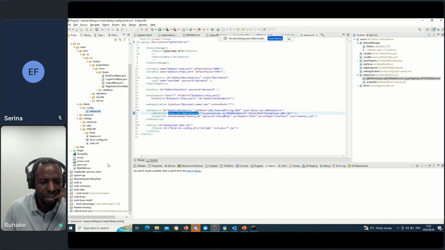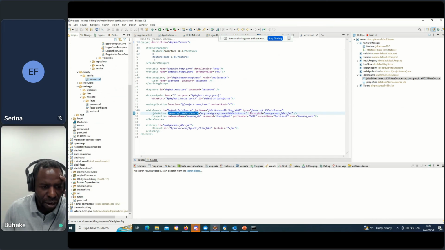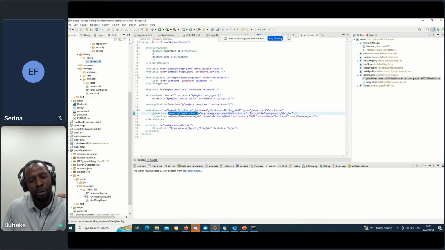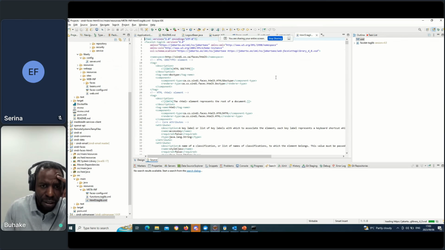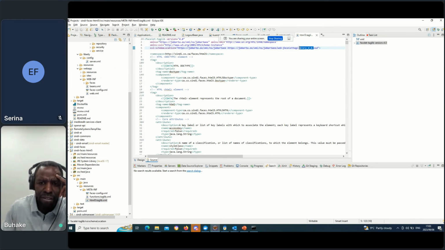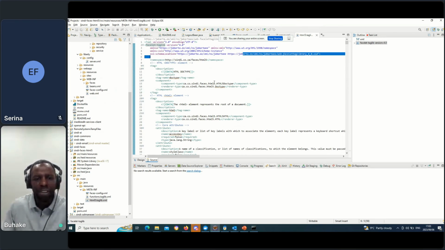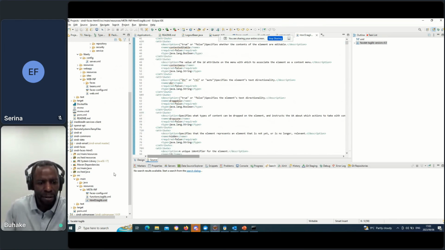These are your configuration. But the one thing I wanted to show you, this was one of the modules I wrote to move everything to, I was trying to do the whole HTML5 components, basically. And your facelet tag library is still Jakarta EE, nothing has changed. Everything else is exactly the same.